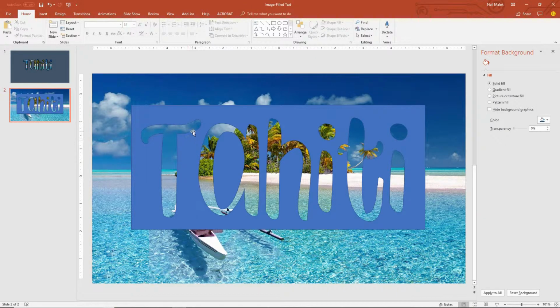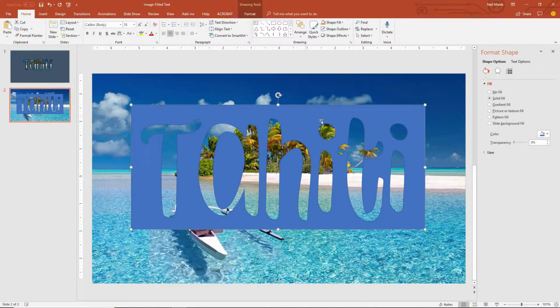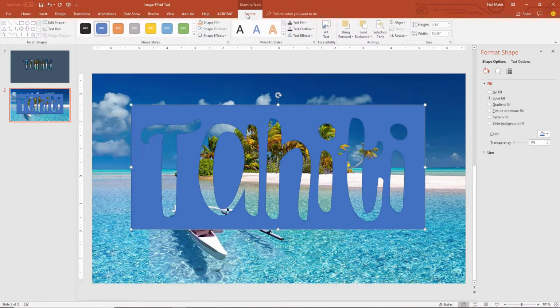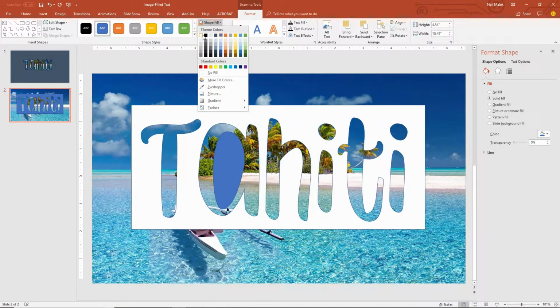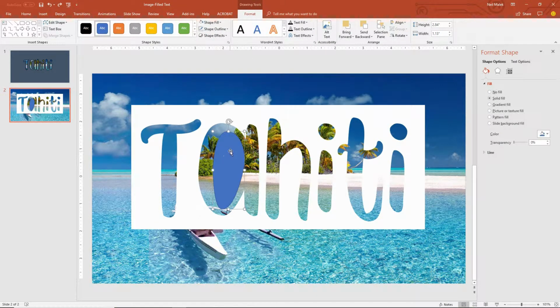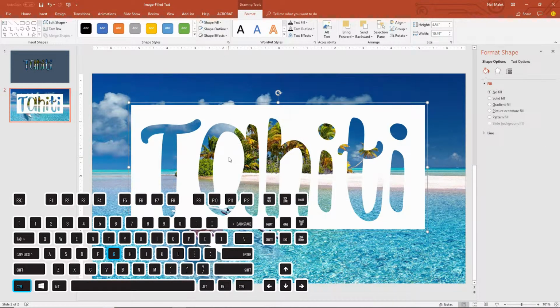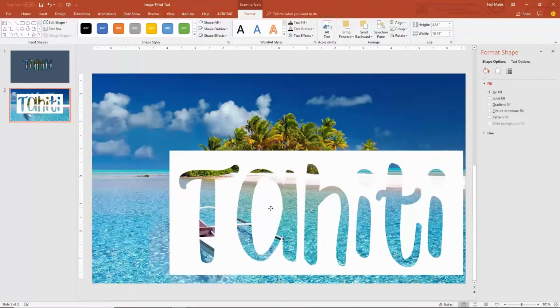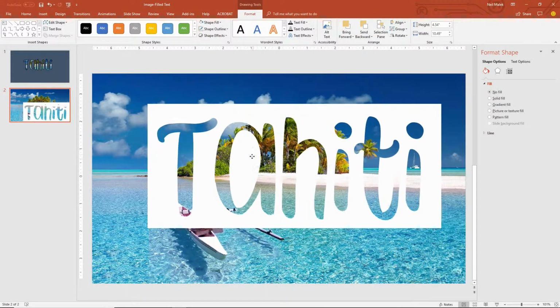You can see the mask that we're creating here. Let's go ahead and click on the blue box and fill this in with something, let's say just plain white with no outlines. There we go. Ooh, there's a blue box right there. Let's go ahead and fill that in with white as well. And as you can see, if it's floating in the middle here, it's not considered to be part of the same element as the rest of the white box. So I'm going to hold Shift and click on the white box along with the dot that's in the middle of the A in Tahiti, and use Control G to group those together. And now I can easily make this sort of sail along and go wherever I need it to go.